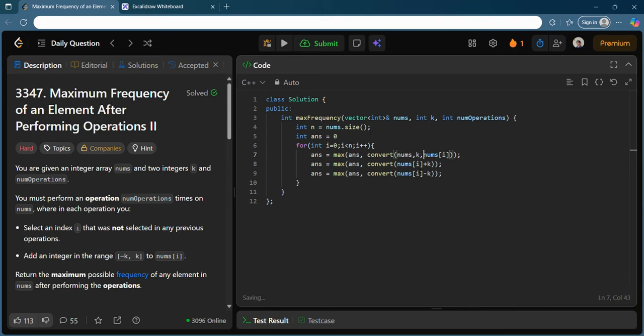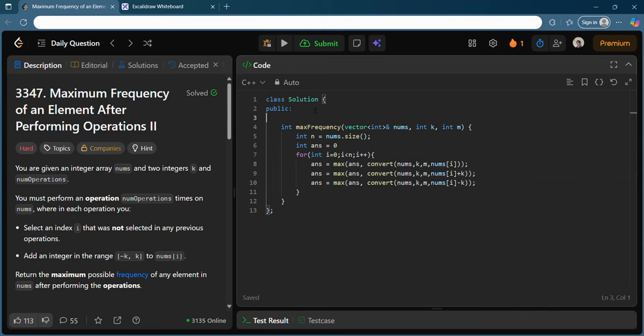Let's say I will just change the name of this to m. This is the number of operations. I do not want such a big name, that's why I just write this. Do you understand what this convert will do? I am trying to write another function, convert.